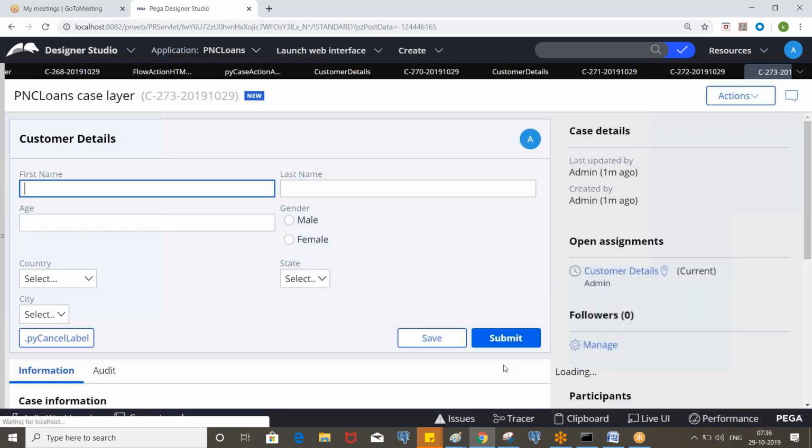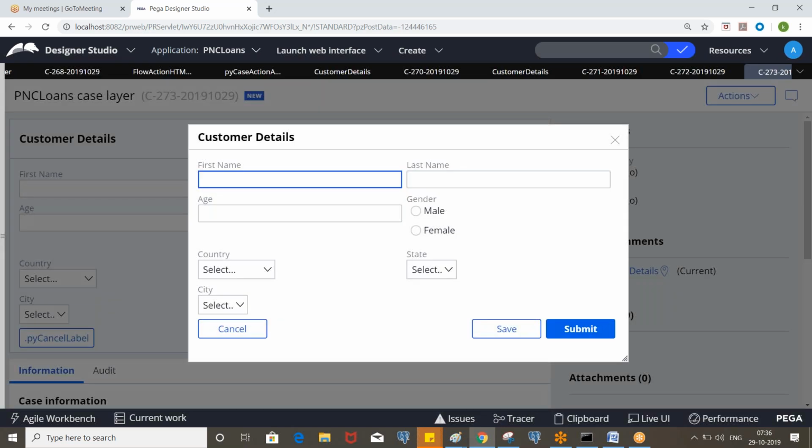Now when you click on submit, rather than completing the assignment, you are able to see this screen. Again, for this flow action, these buttons are getting displayed, so you need to disable them. You need to handle this part.